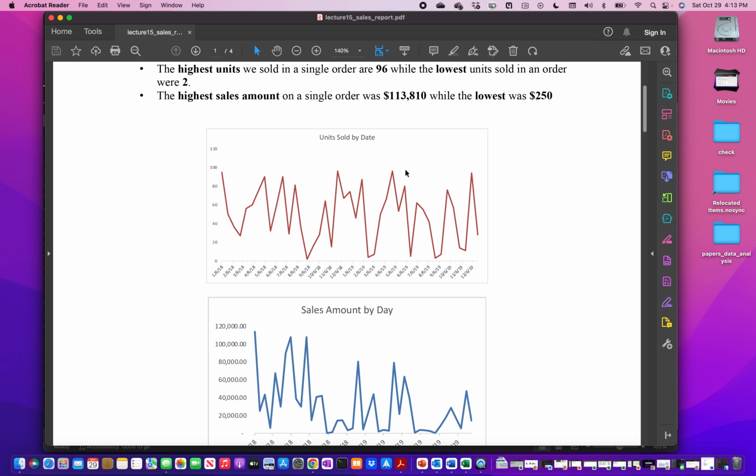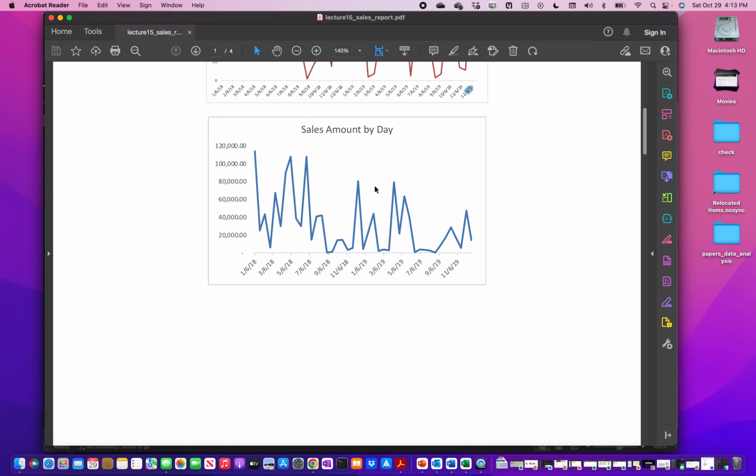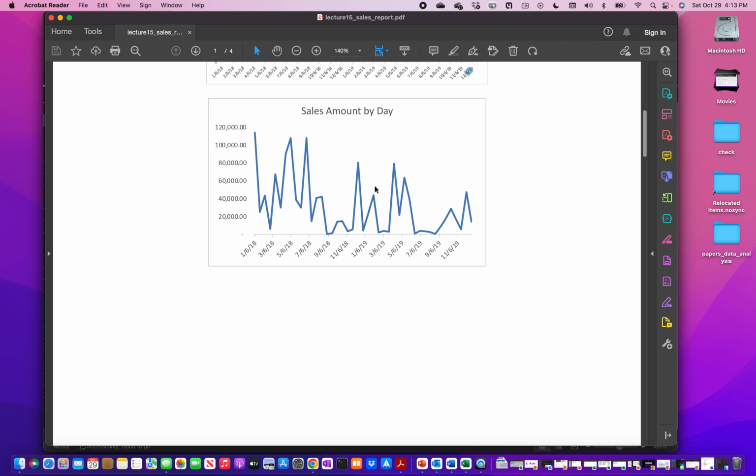Next, we have a couple of trend lines here. So the first one shows the trend of number of units sold by order. So we have data starting from the earliest order date and then to the latest order date. This graph may not be as informative because it doesn't highlight any pattern here. We don't see the units increasing or decreasing, so we can just ignore it. Next graph, which is the sales amount by the order date, probably gives a little more insight into